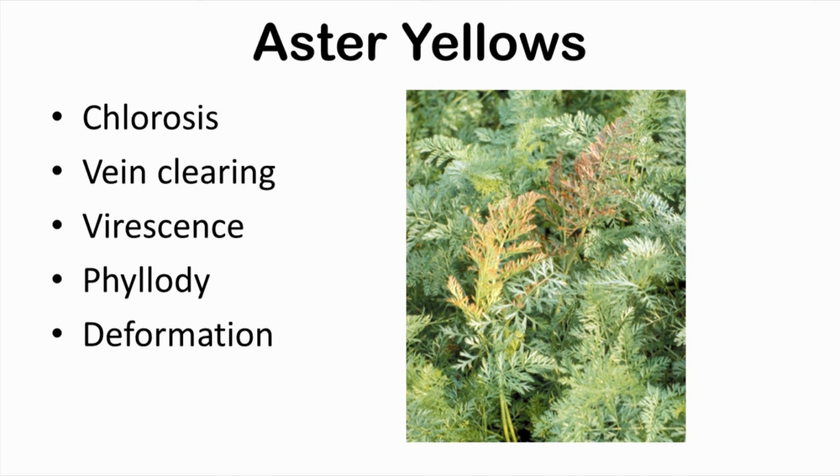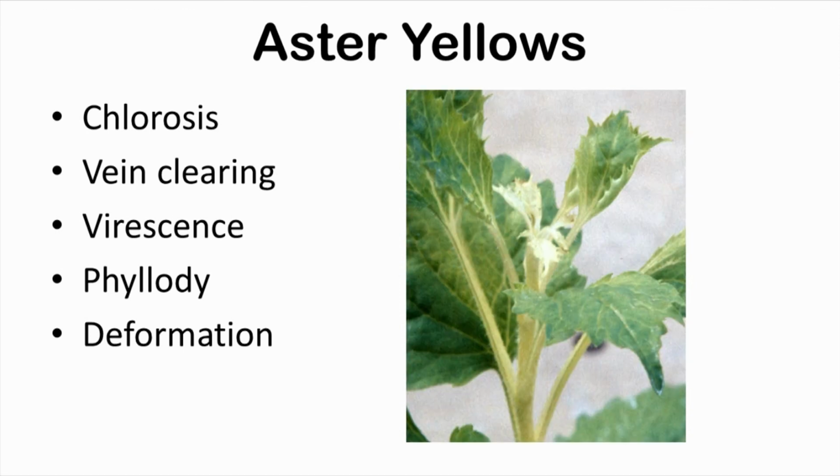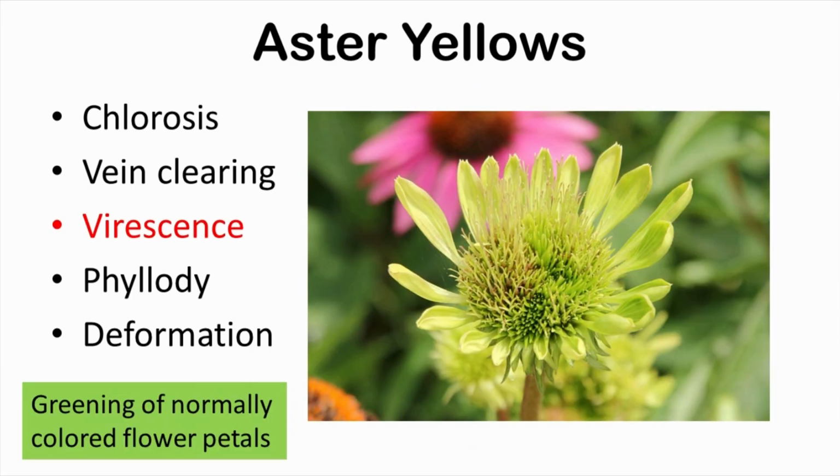The symptoms are quite variable and may affect only the vegetative growth or the reproductive parts, depending on when the plant was infected, the age and/or size of the plant, temperature, and other factors. The leaves may show vein clearing until the entire leaf becomes chlorotic, or may be stunted and misshapen. The more characteristic symptoms occur in the flowers, which may have green petals instead of the normal color,